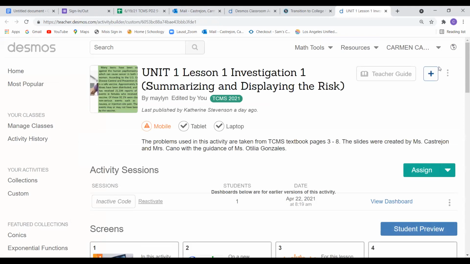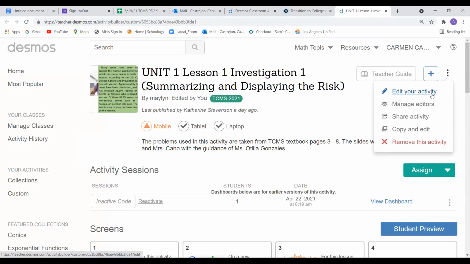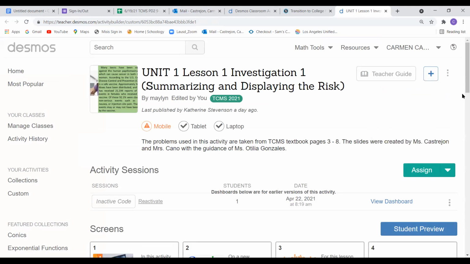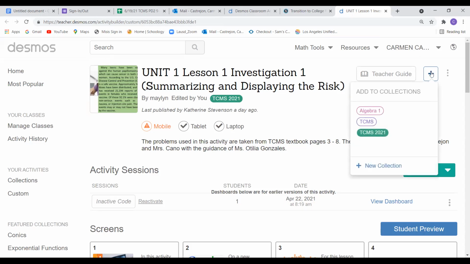And if you want to make any changes, you'll just go to edit your activity. If you don't, you can keep it as is. When I click on the link, will it make a copy for us? I thought we had to make a copy of it. I can't remember if it makes you make a copy, but I think that's if you want to edit. If not, you could just leave it there and it'll be within your collection. You can probably put a plus to add it to your collection, or